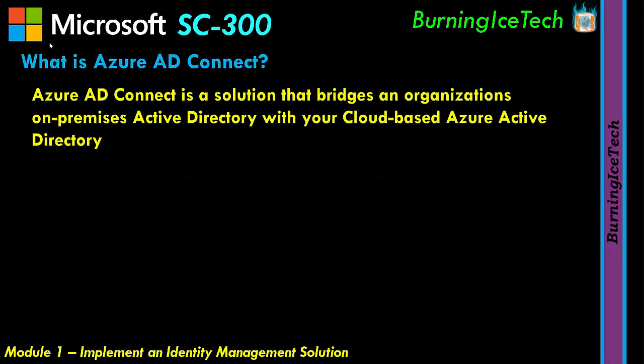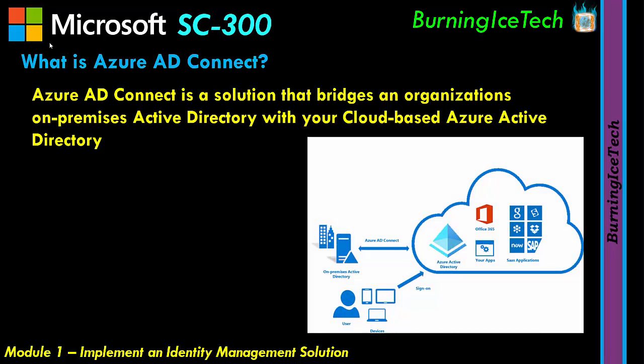So Azure AD Connect or Entra AD Connect is a solution that bridges an organization's on-premises Active Directory with the cloud-based Active Directory. I mentioned this to you guys earlier. If you're lucky enough to have an on-premises Active Directory and at the same time have an Active Directory in the cloud, that is called a hybrid Active Directory. And in most of these situations, you're going to synchronize these 2 Active Directories with one another. So all the objects, which is things like user accounts, groups, that kind of stuff, all of it